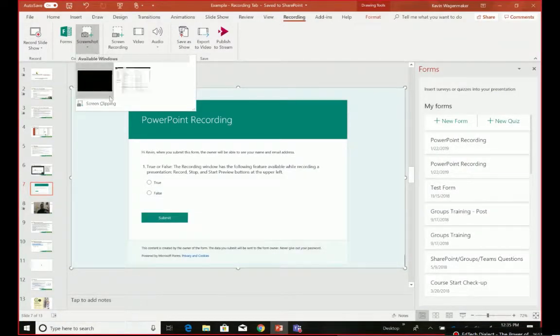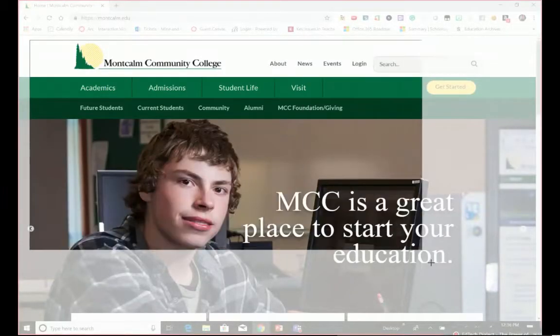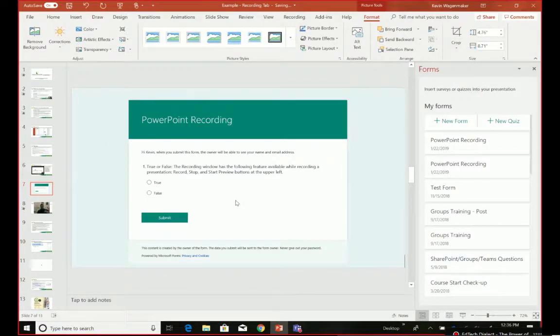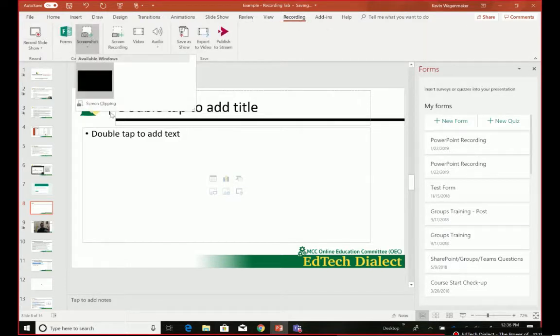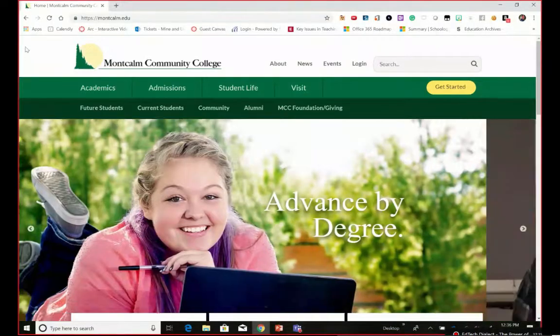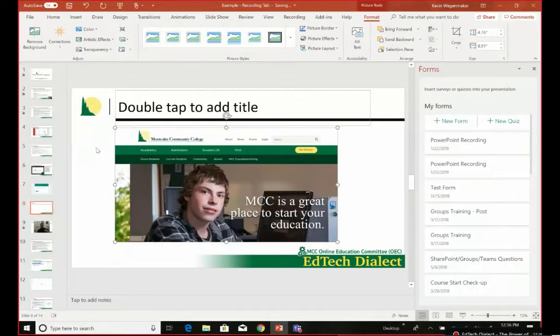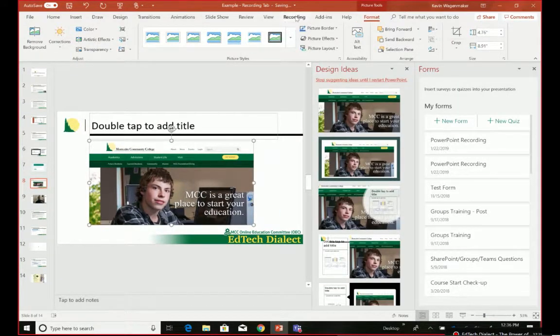I go ahead and click on screenshot. I go to screen clipping, and just like that, I have the ability to grab a screen grab and drop that right here into the presentation. And I didn't take my own advice there and create a new slide. So I'll go ahead and do that. Go back to the recording tab, click on screenshot, do my screen clipping all over again. There we go. And it should drop it right there. There it is. Okay. Very, very similar